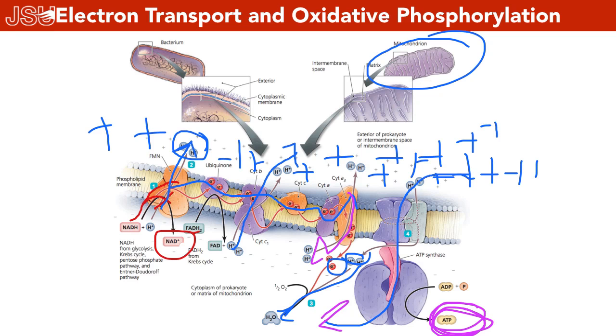We take that oxygen, and guess what we do to it? We add what? H plus, the protons, and some electrons. And guess what we make? What are we going to make? Take this oxygen in us and add some protons and electrons, and guess what we make? Water. Okay. We call oxygen a terminal electron acceptor. Oxygen is a terminal electron acceptor.